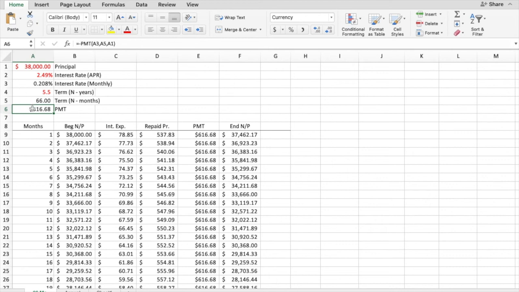$616.68. Now, how is that calculated? Well, if you look at the formula here, the payment is calculated by taking the principal amount, the interest rate, which is on a monthly basis, and the terms on a monthly basis. So by taking in A1, A3, and A5, it will tell us the payment amount. This payment amount is a few dollars off from what we had calculated with the bank's website information, but it's not that far off. The bank's website,